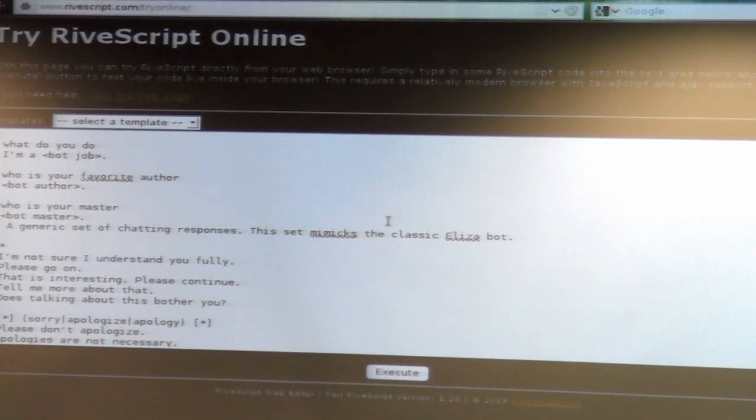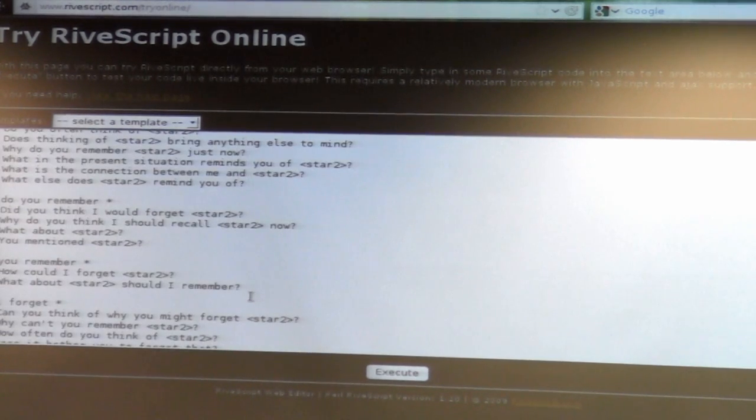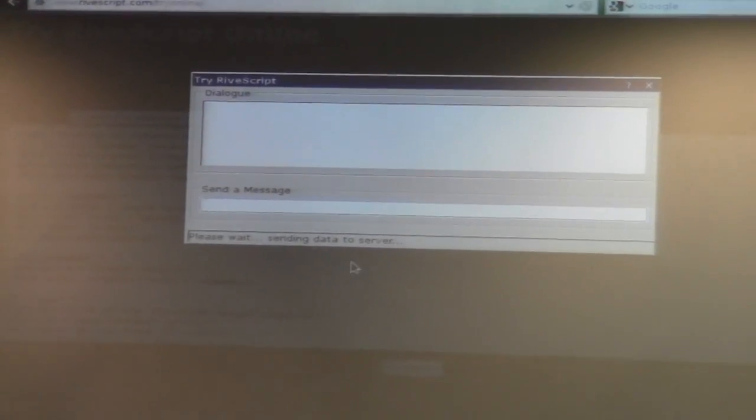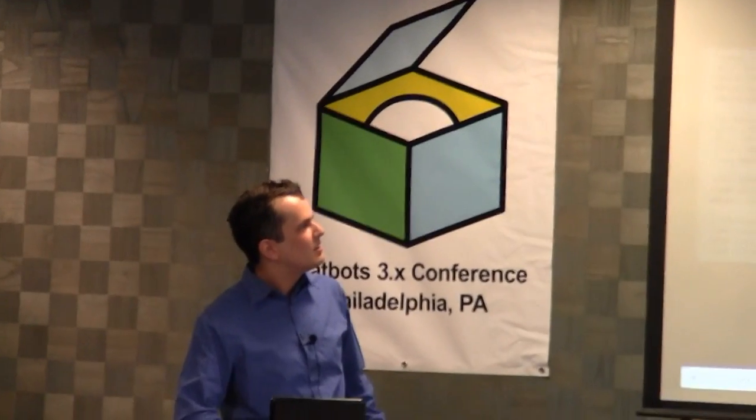let's see. This set down here is based on the ELIZA brain. Well, it's kind of an emulation of the ELIZA brain. It's not based on it directly, but I read through the code of Chatbot ELIZA and put in these triggers myself. So you can write your code here, and then you click execute. And with any luck,